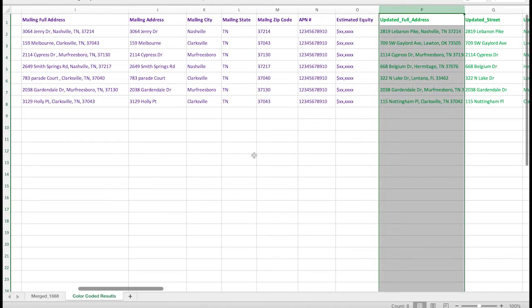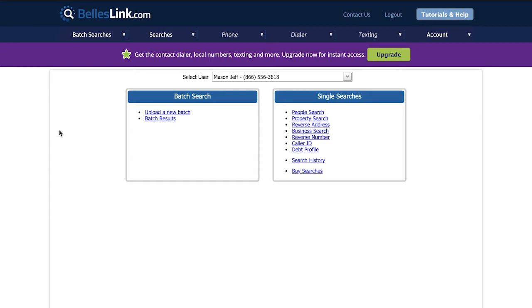Being able to merge your results automatically into your spreadsheet is a great time saver, and it also reduces errors. Merging spreadsheets can be difficult if you're not familiar with the process, and it's very easy to introduce an error when you do that. So we give you the option of maintaining all of your custom data in your spreadsheet when you upload it, so that you can merge the data back in to your original spreadsheet when you export those results. Okay, that is a detailed look at batch search results and the difference between merged and results-only exports.